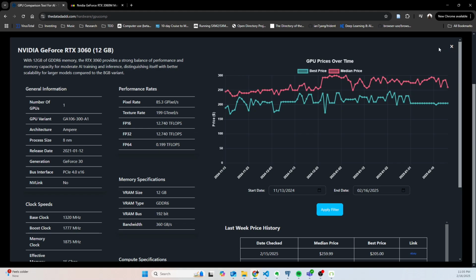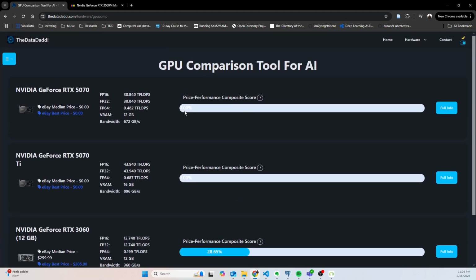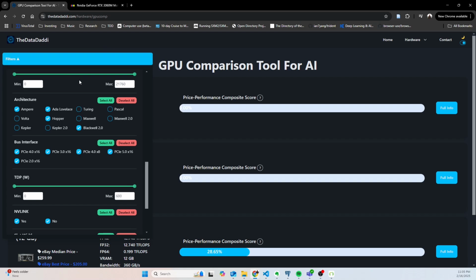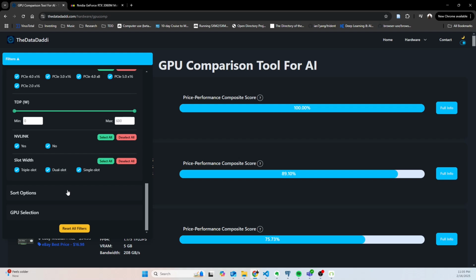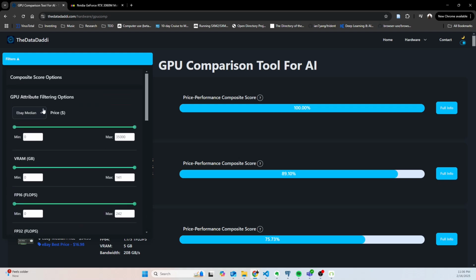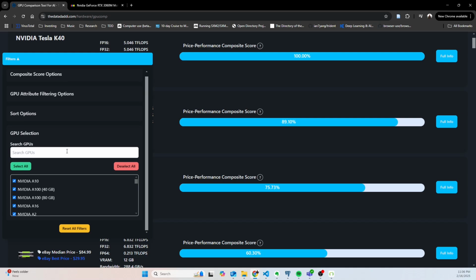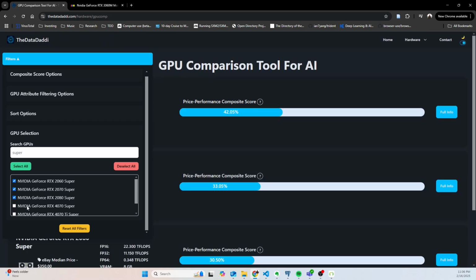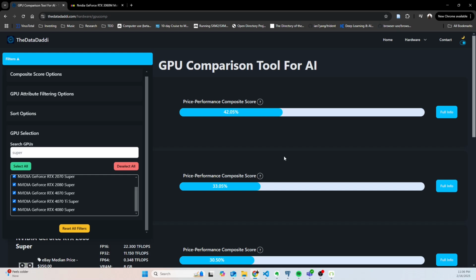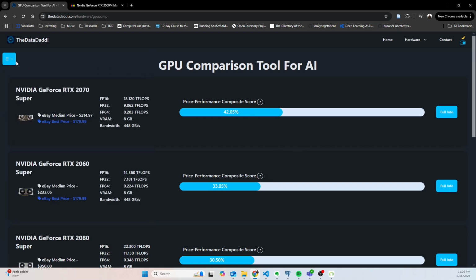We'll add a bunch of stuff here as this tool matures. And then the last thing I don't think I've touched on yet is, let's just go ahead and reset everything. Let's just say that you've narrowed it down to a couple of GPUs that you're excited about, and you can come down here and say, okay, maybe I only want to look at the Supers. Maybe I'm curious to see how the Supers all stack up against each other. So you can deselect all, and select all five of these Super GPUs, and we can say, okay, how does this